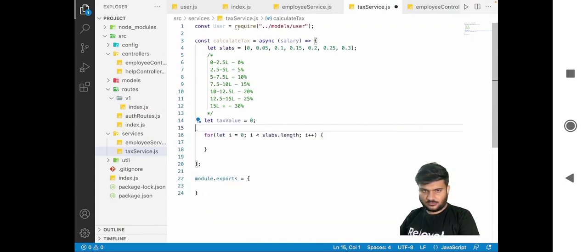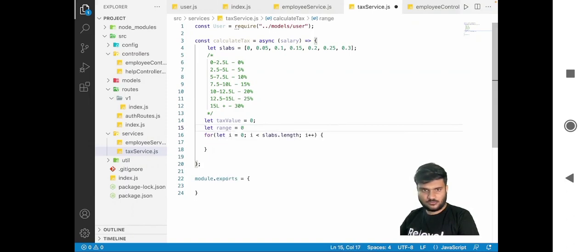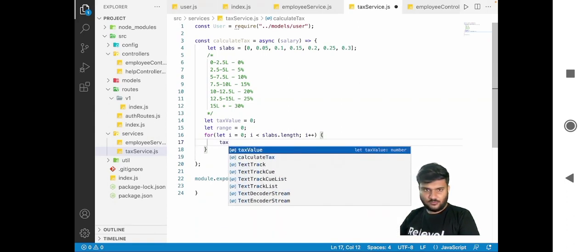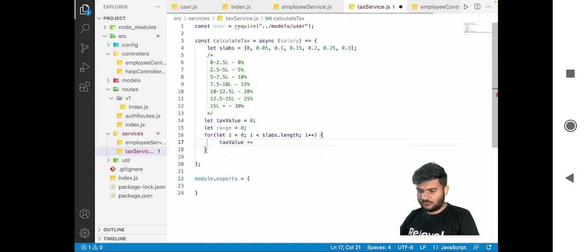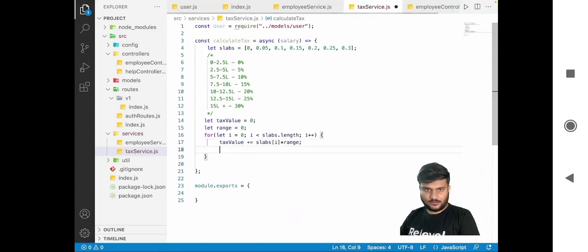Say let range is equals to 0. Every time what we are going to do, tax value plus equal to slab at i into range. Range should start from